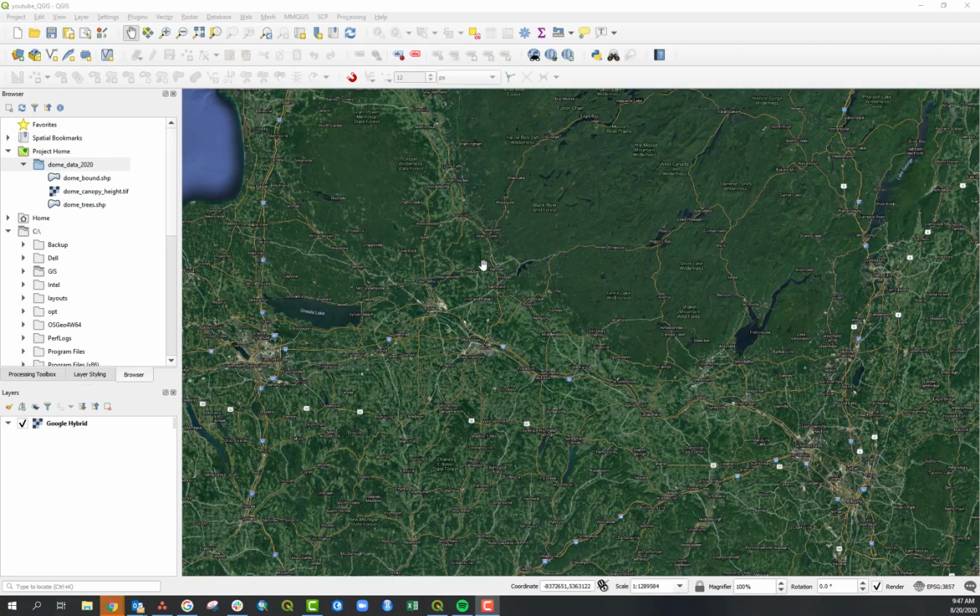So hopefully you have been watching the last couple videos. You have a base map loaded onto your QGIS project, and you have set up your project home folder with data downloaded from the spring. So I'm going to show you a few different ways we can add vector data to the map. The easiest way, in my opinion, is using Browser, and let's just grab Dome Bound. I'm just going to bring it down onto our